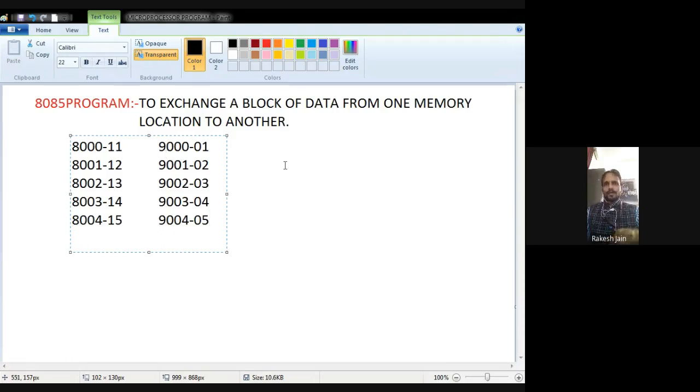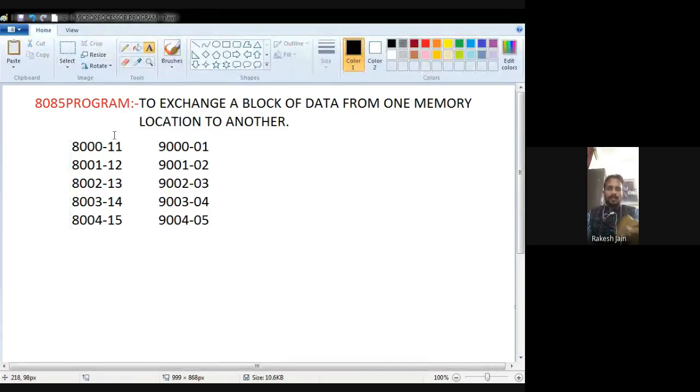So 8000 onwards consists of data 11 to 15 at consecutive memory locations, and 9000 to 9004 are consecutive memory locations whose data are 01 to 05.